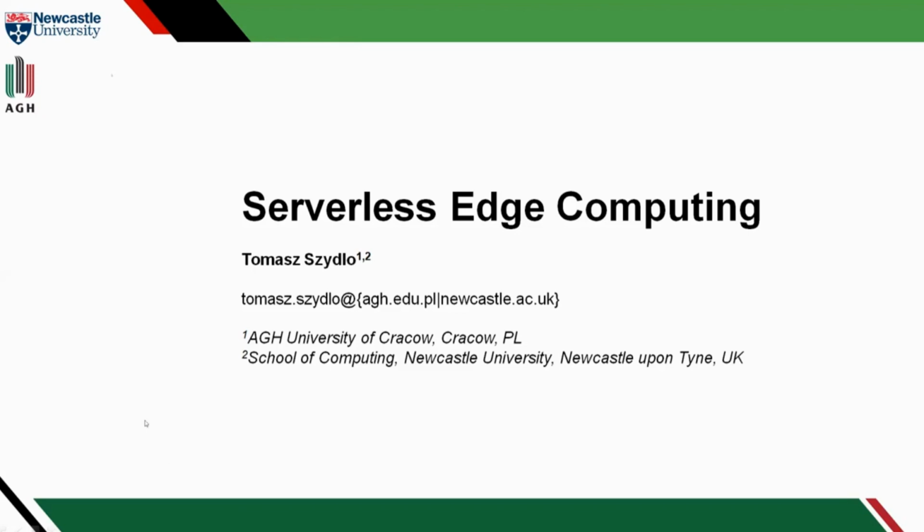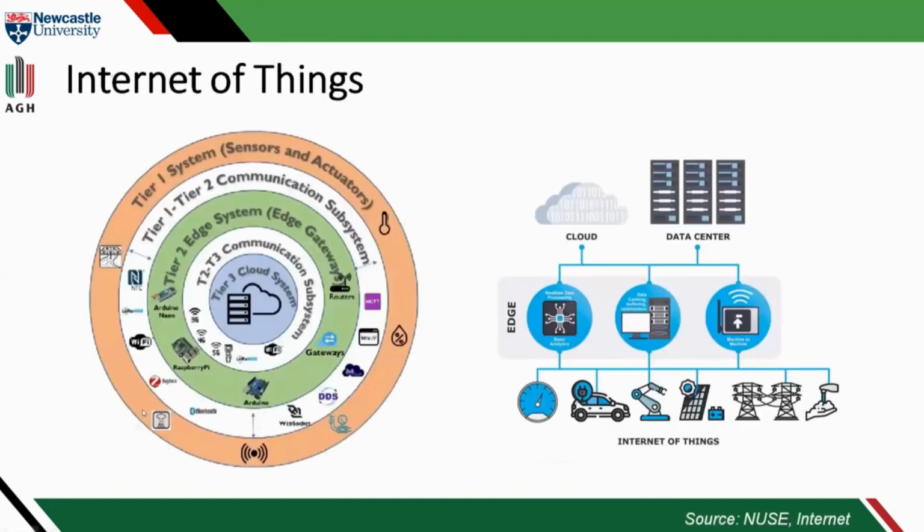So simply, in IoT systems, Internet of Things systems, we have a continuum consisting of IoT devices on the lower layer in this kind of system. So smart cars, smart meters, robots, and this kind of equipment. And we have a cloud for computing and processing all the data from the IoT devices. And somewhere between we have edge computing. So this is the layer where we can process the data. We can move some computation from the clouds to the edges to process the data and to increase the response